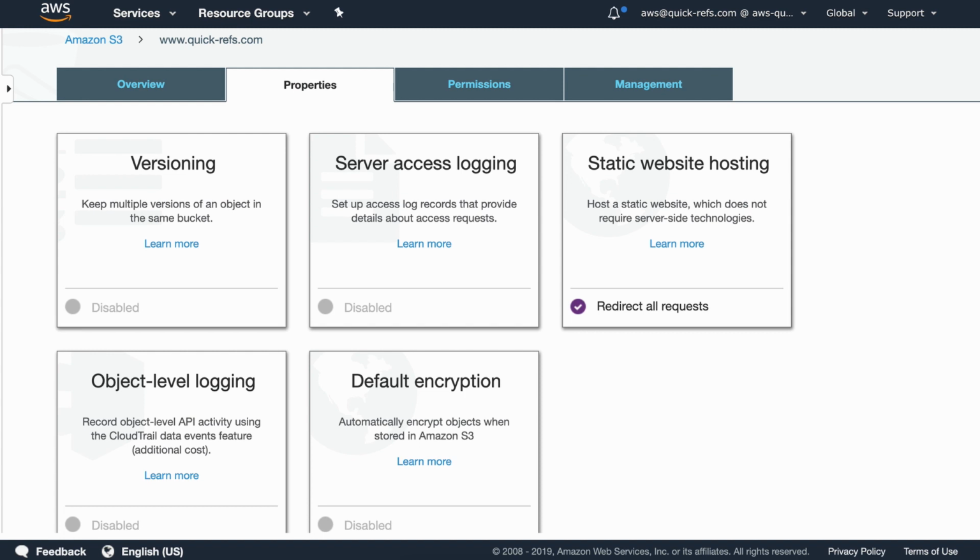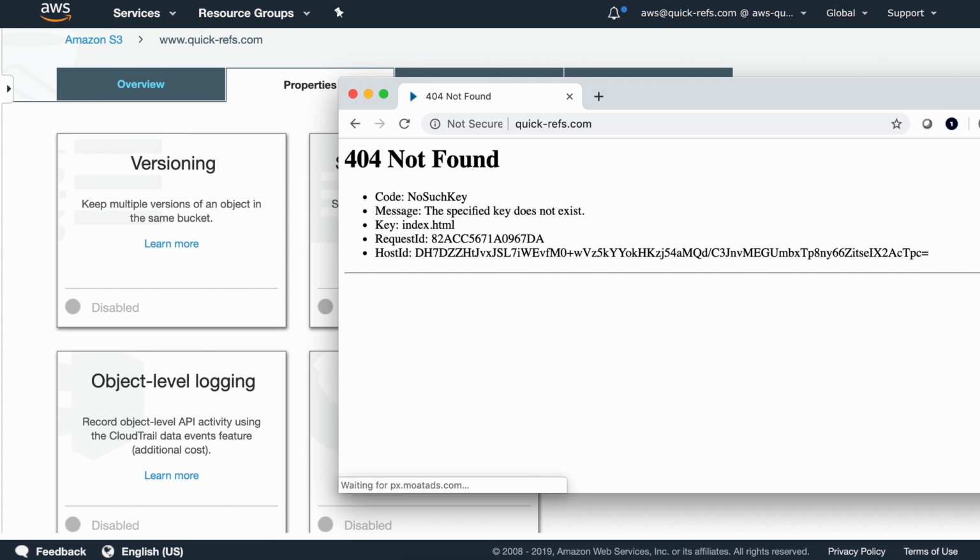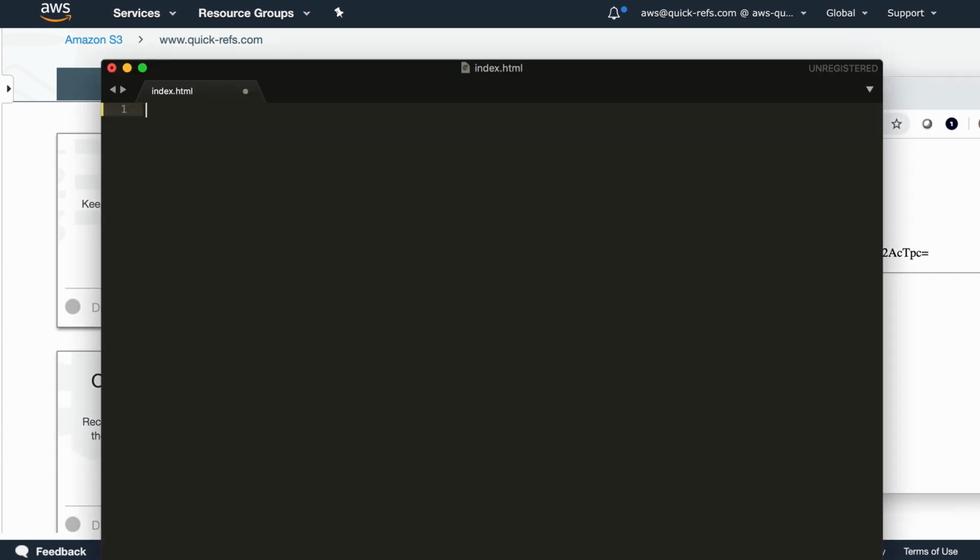So let's see if the DNS is working now. There we go. The DNS propagation completed. We can see the response from S3, but at this time it's saying index.html not found. So we'll go and create